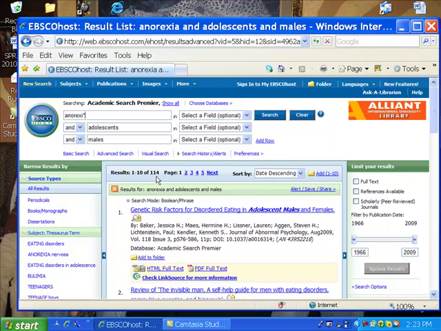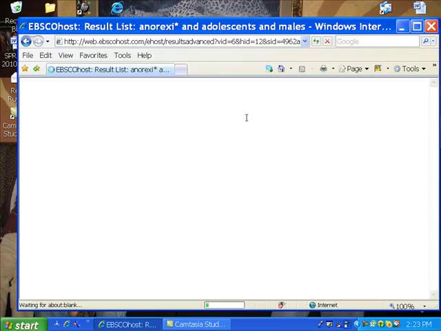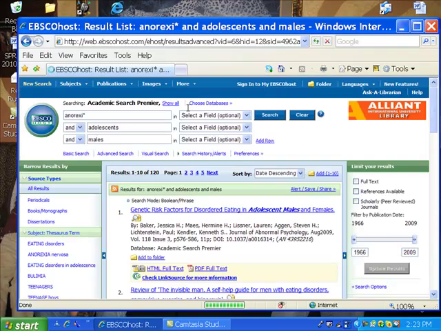This would be important, say, if you had only gotten 1 or 2 results, and you might say, my God, that's not good enough, I need additional results. 114 is pretty good, but let's just see what difference this makes by going to the root. Again, this is called truncation, and it gives us 120 articles, so we obtained an extra 6 articles. Not critical, but if you're only getting 1 or 2 results, this might help you.